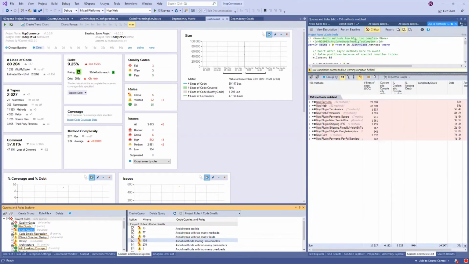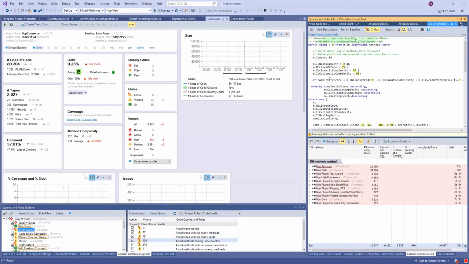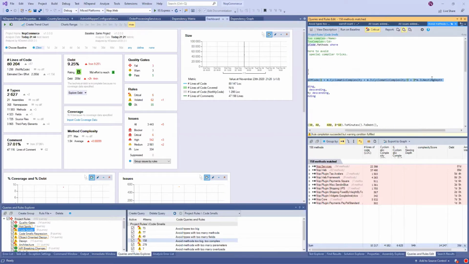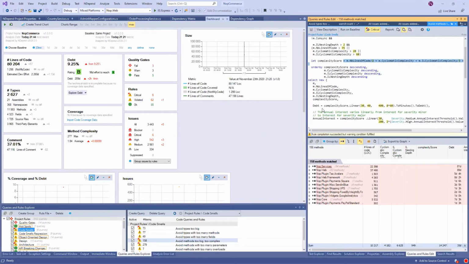If I go to this source code, actually it attempts to compute a complexity score from several things: nesting depth, cyclomatic complexity, etc. And then the debt is linear from the complexity score.